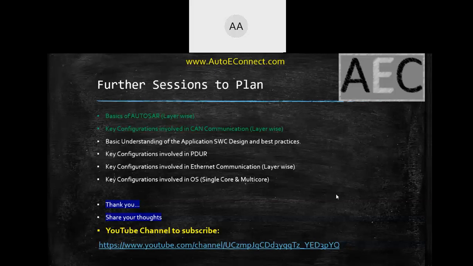The ECU will wake up and check the message that has come. If it is configured as one of the wake up sources for this particular ECU, then it will stay awake and perform whatever job it has to perform. Otherwise, it will understand, I have received a message, but this is not configured as a valid wake up source for me. So it will continue to sleep.